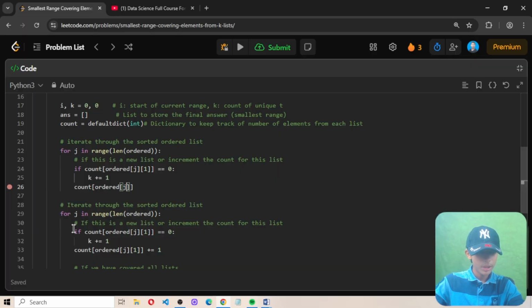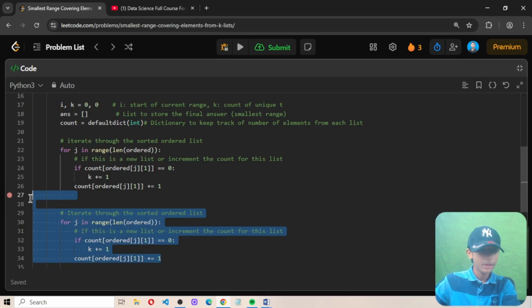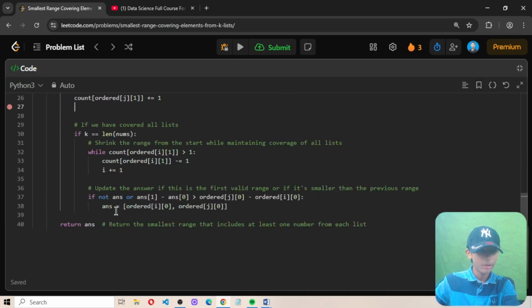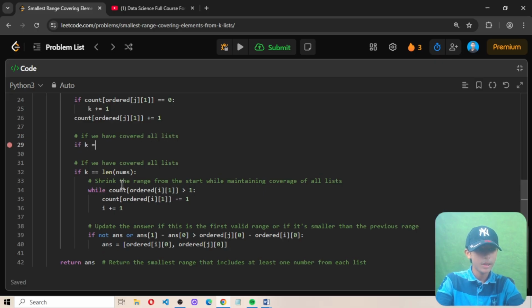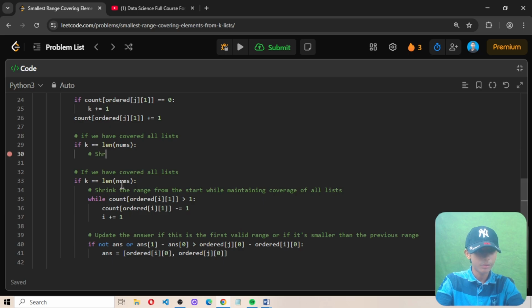Define here j, define here 1 plus equals to 1. Perfect. Now when we define all these things, what we're going to do now is define if we have covered all lists. If statement k equals to length, we found the length of our nums, define here string, the range from the start while